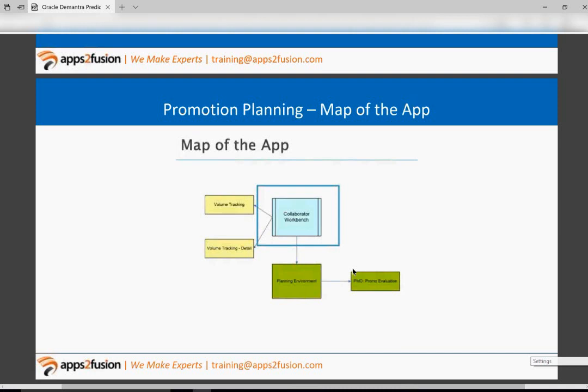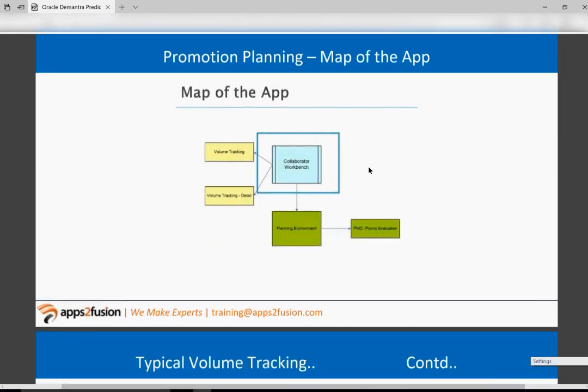Energizer Holding. So what we're going to talk about is, in these slides, I have captured a very typical process that happens. By the way, these slides are prepared essentially from one of the past clients of Oracle. Essentially, it is talking about what promotion planning provides from its collaborator workbench interface. So there are three approaches.